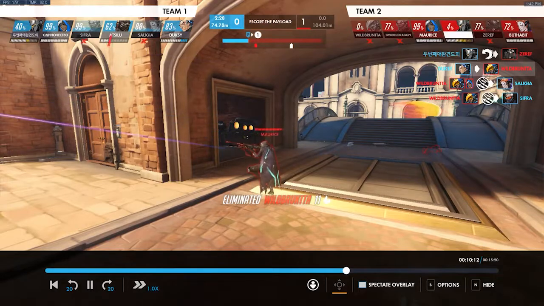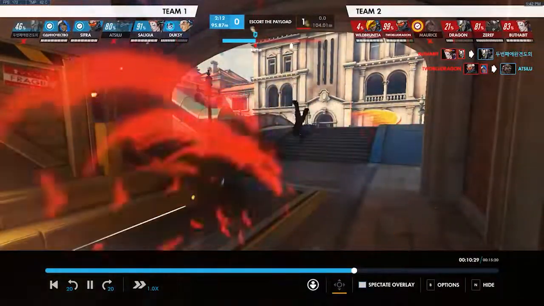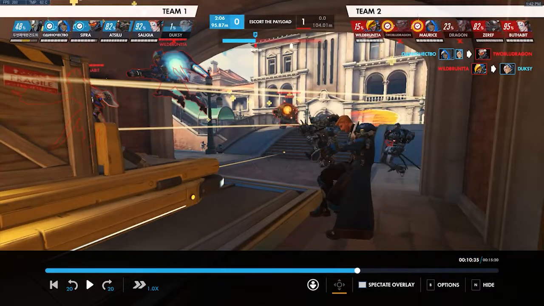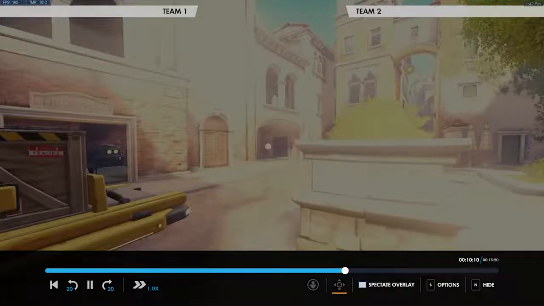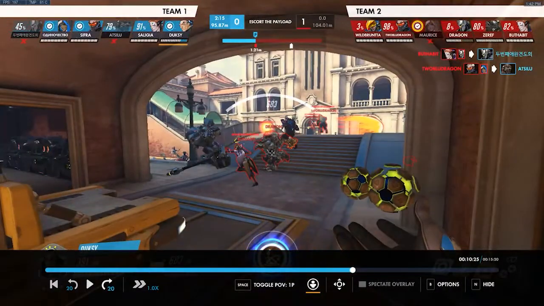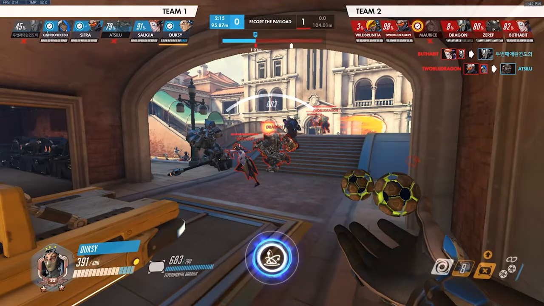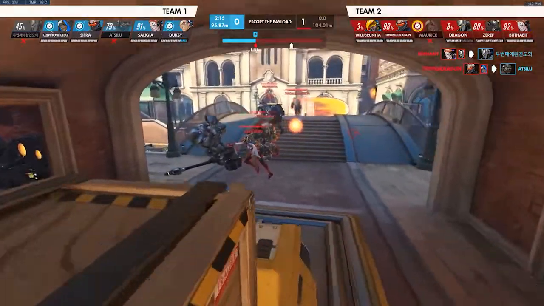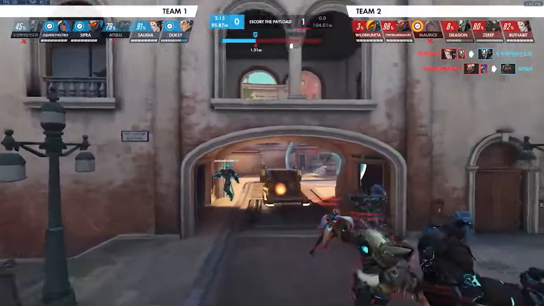Let's go ahead a little bit more. Is it this one? I think it's this one. Okay, like right here. Wait, do you still have your barrier? Okay, you haven't retracted your barrier because you forgot about it. This is a good example of using Sigma. Is Ana dead? Yeah, Ana's dead. Okay, so...